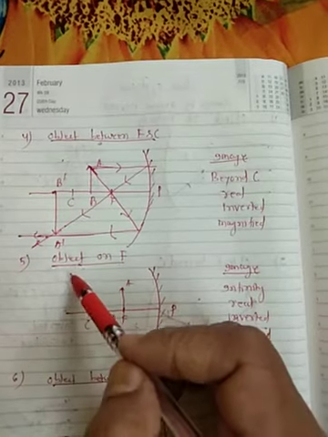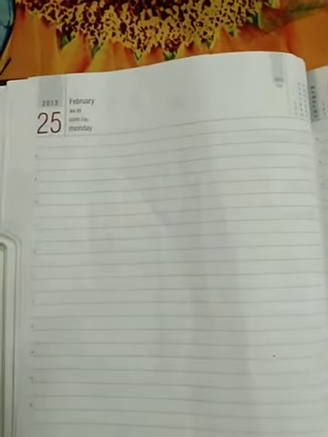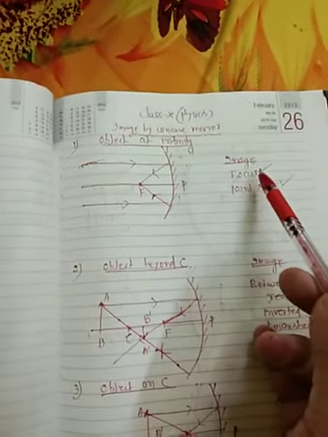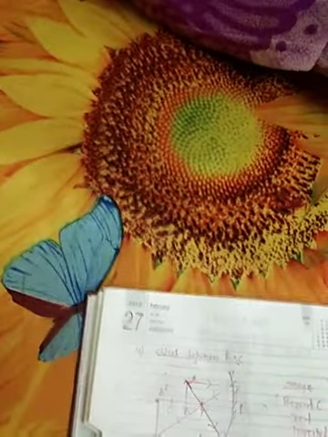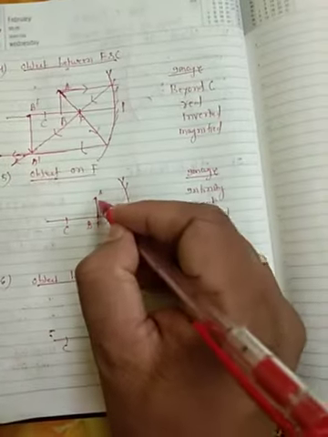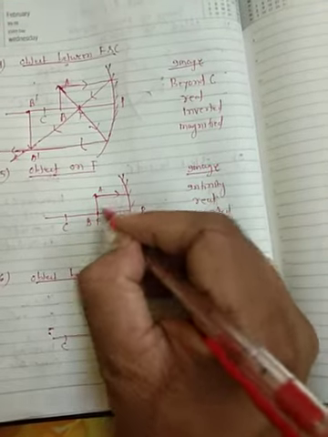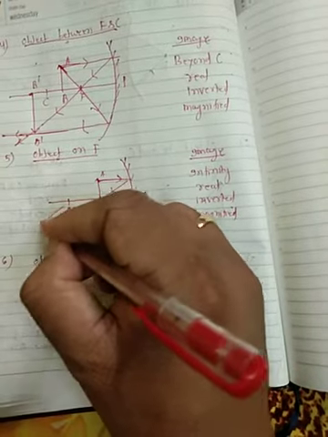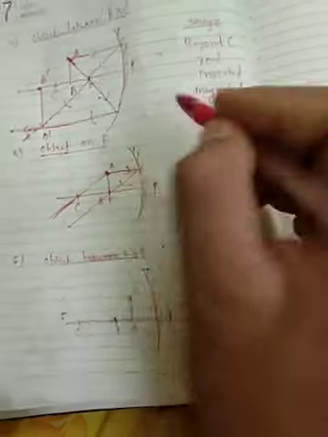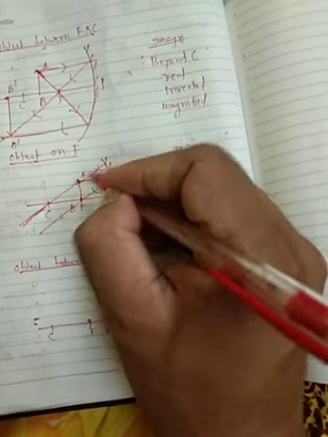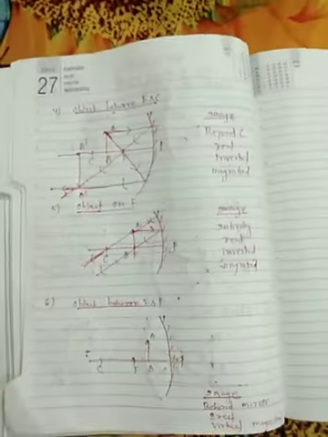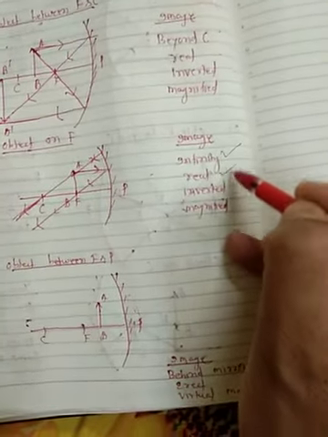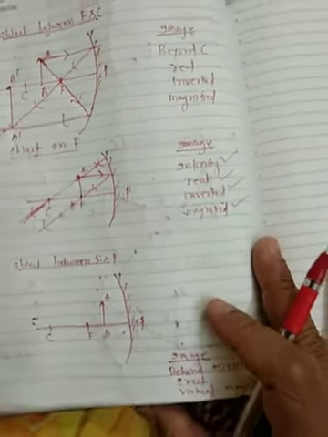Now object on F. This will be the opposite of the first case. If the object is at infinity, image is at focus. So if the object is at focus, then image will be at infinity. This is the object which is at focus. Take a ray of light parallel to principal axis, it will pass through focus. Take a ray of light through center of curvature, it will return back. So both these reflected rays will be parallel. Parallel means they will meet at infinity. So the image will be at infinity. It will be real, inverted and magnified.